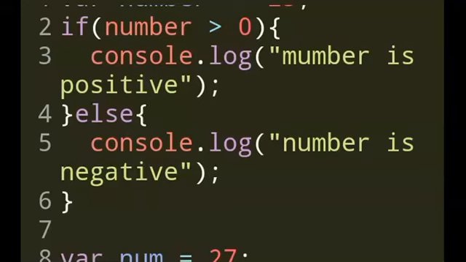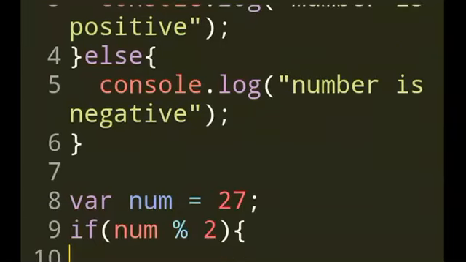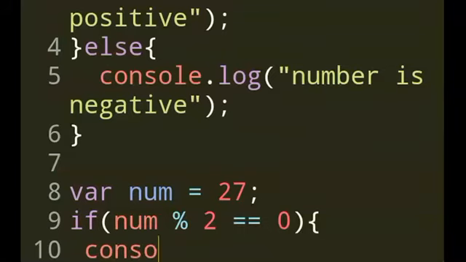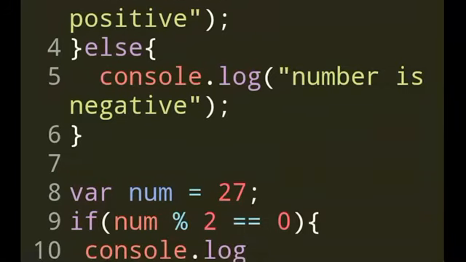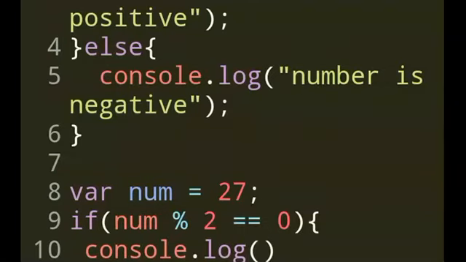If, curly brackets. Yeah. So if num percentage 2, I forgot to write equal to 0, then what's the condition? console.log, it is even number, right?